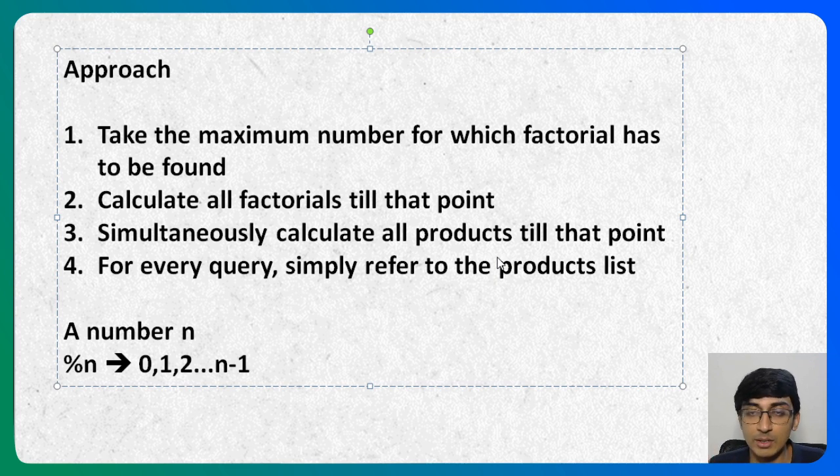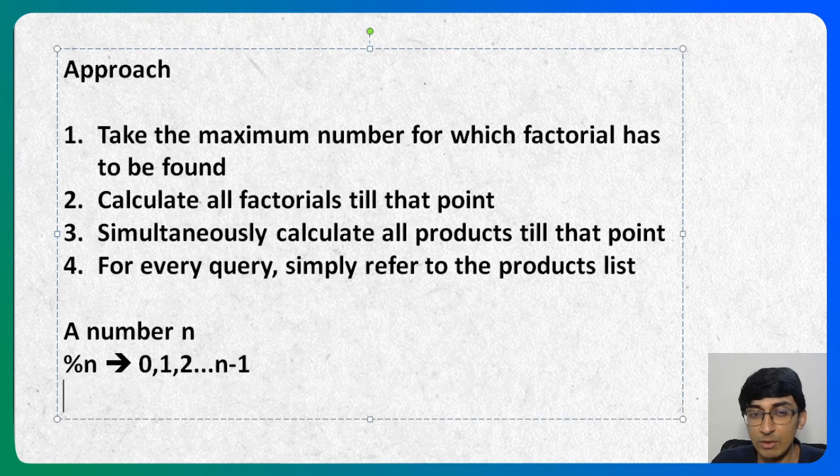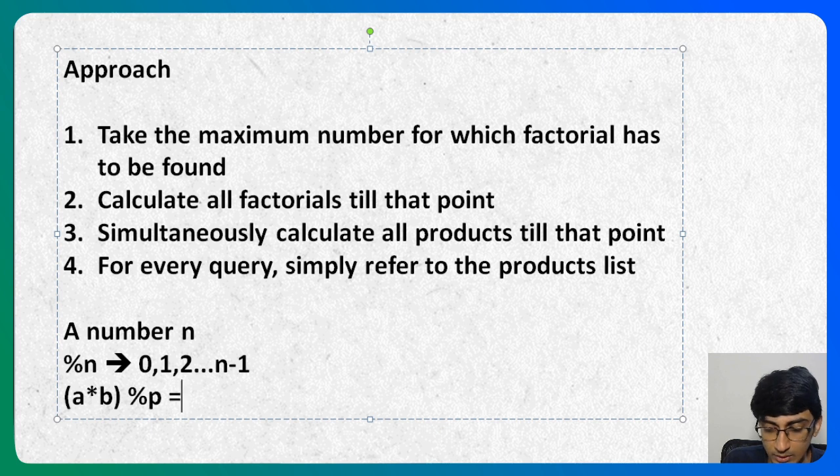Modulo itself has some interesting properties of its own. I'll cover one property right now, which is a into b modulo p. If you're going to do a into b modulo p, where p is a prime number, by the way, where p is a very big prime number, or any prime number for that matter, it is a modulo p into b modulo p, the whole thing modulo p. This is what students miss out, the whole thing modulo p, right?